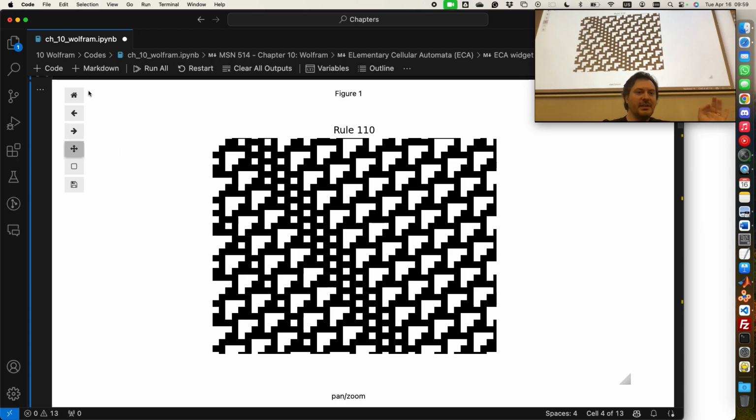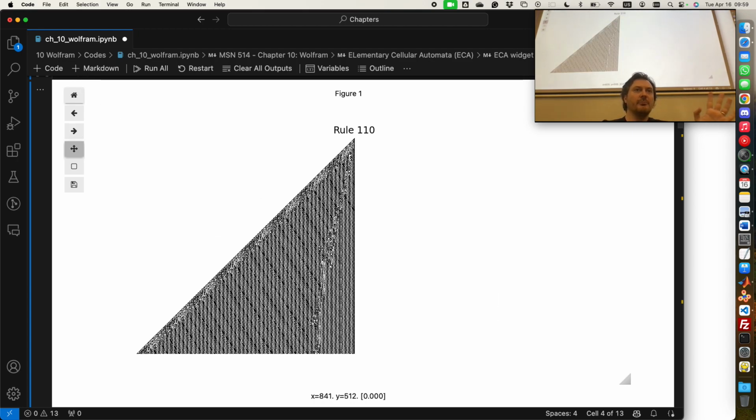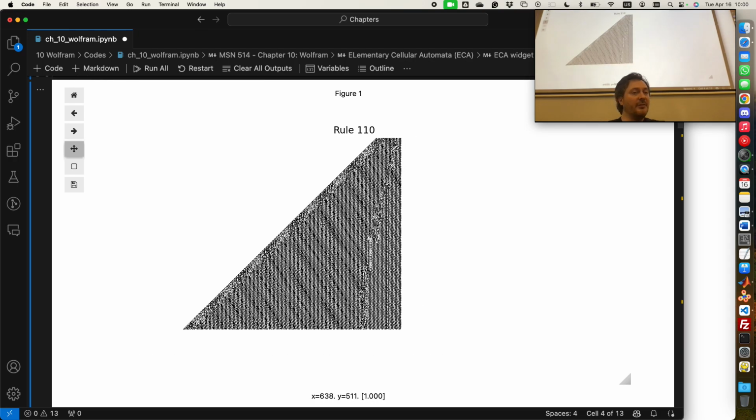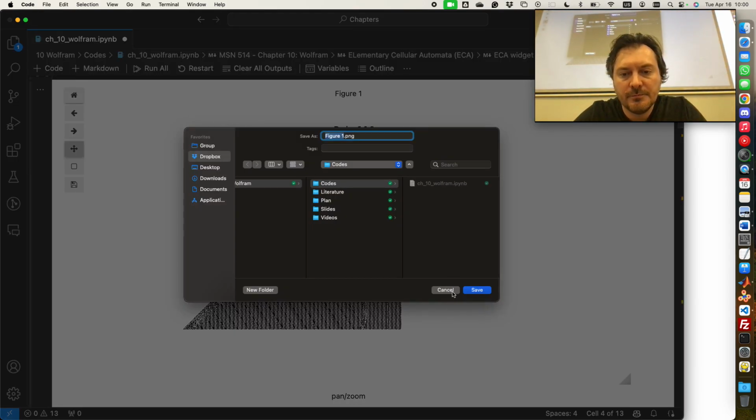Rule 110 was shown to be Turing complete. You remember the Turing complete stuff? Like you can do any kind of computation with this rule. Do you want to compute rule 110 with rule 110? Yes, you can do that, okay? I hope. Do you have any questions? Okay. So, sorry.